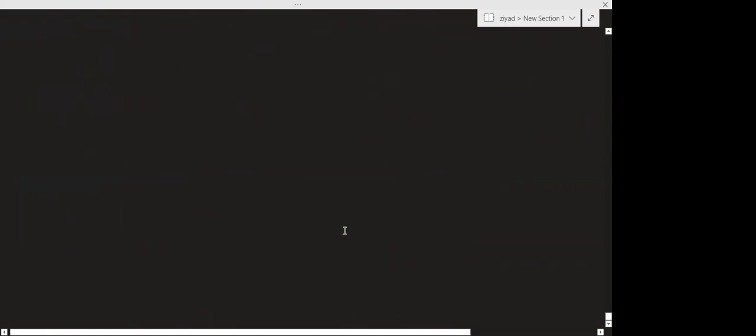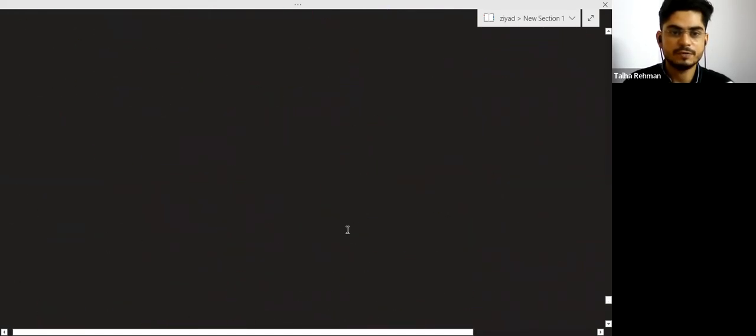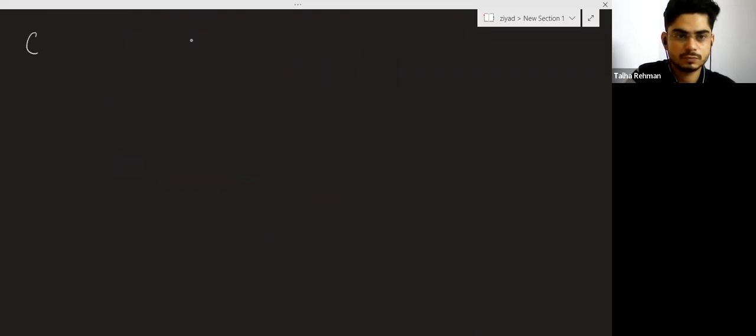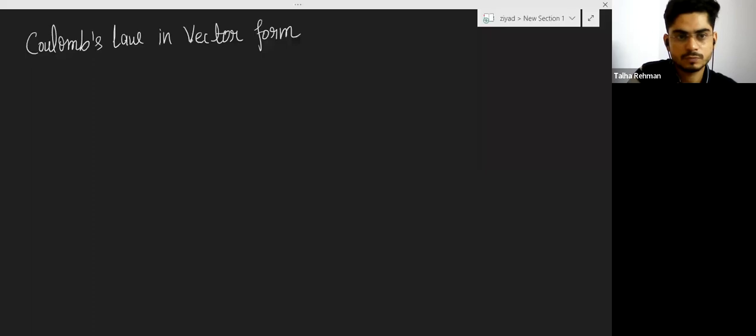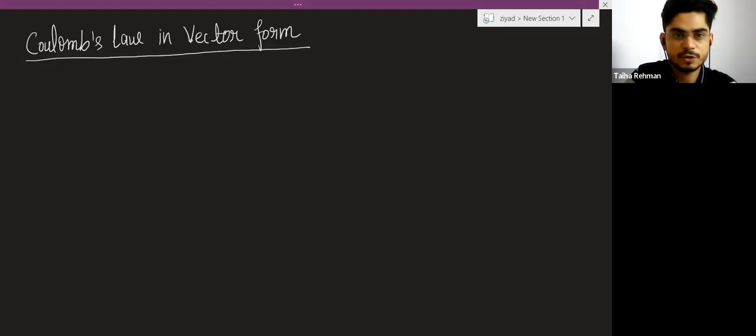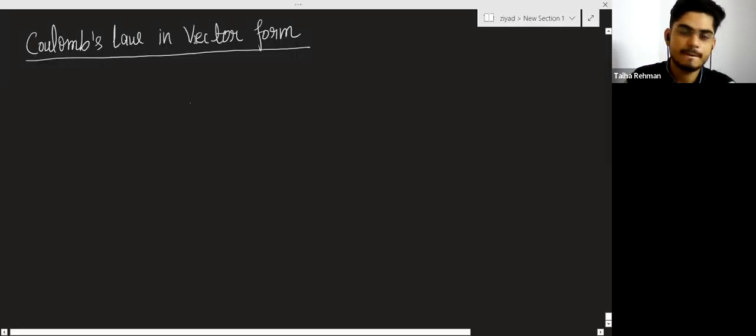So now we will discuss Coulomb's law in the vector form. We will use these things there. Coulomb's law in vector form. For Coulomb's law, there will be a requirement of two charges. So what I am doing,